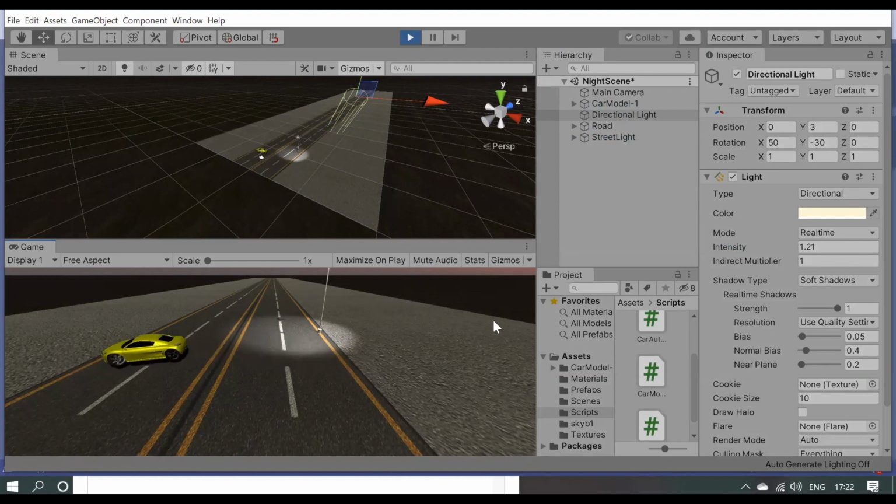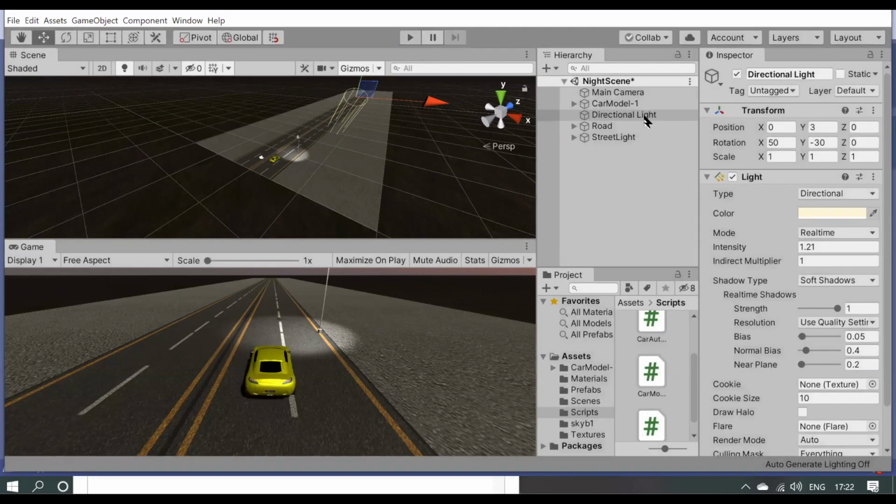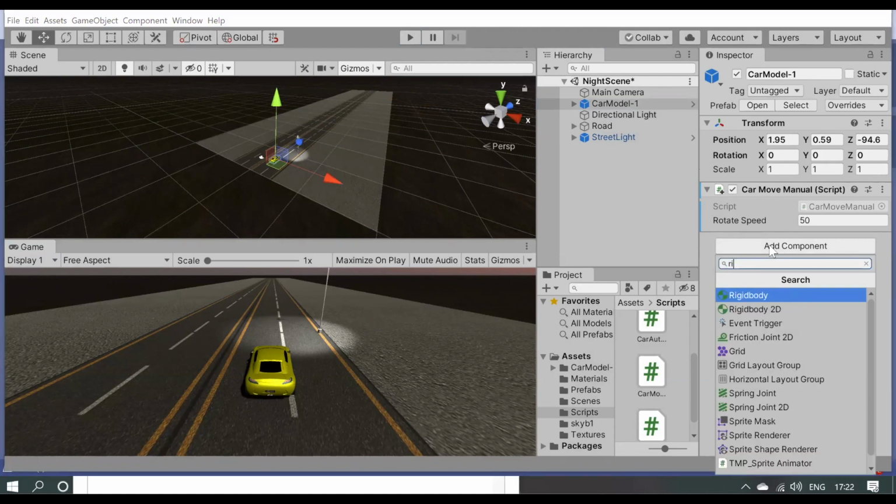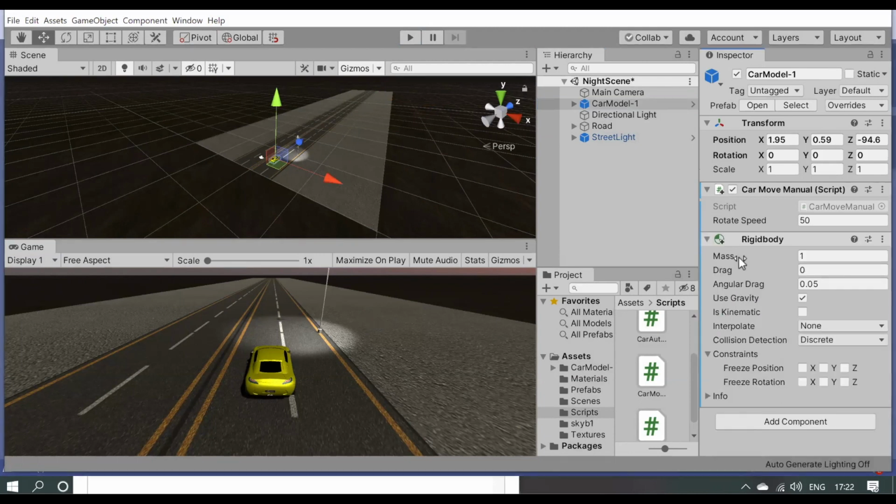Sir, your car wheels were before only left turn, sir. Can we do like that, sir? It should be straight, and when we press the left arrow, it should turn left and go left. Correct. Yes, we can do that, and I will do that. I will add rigid body. It doesn't have a rigid body.